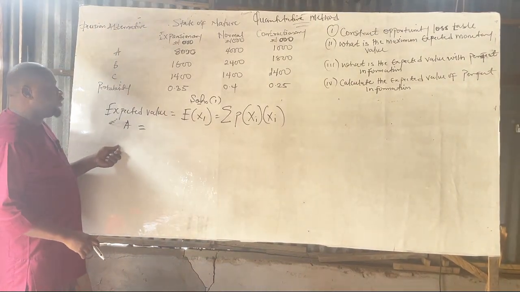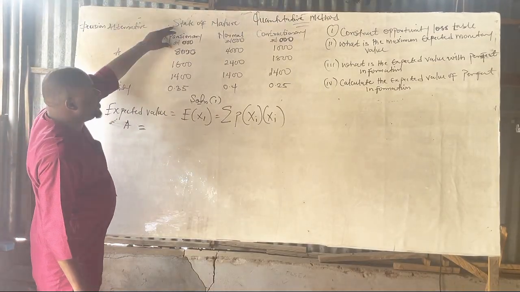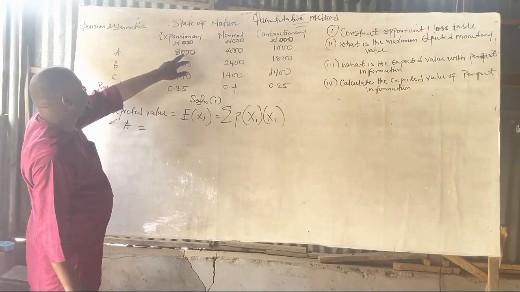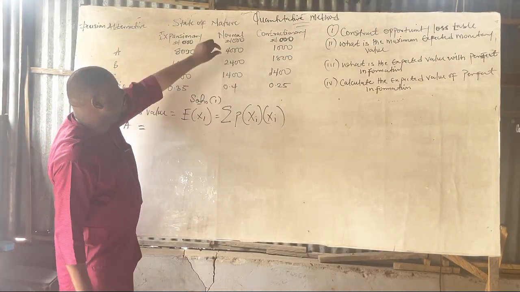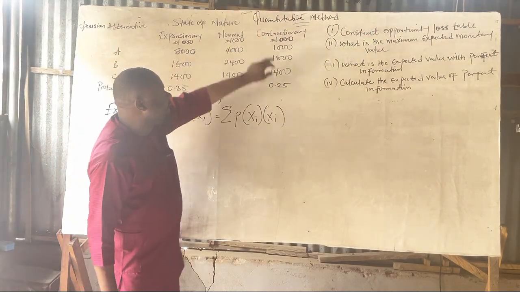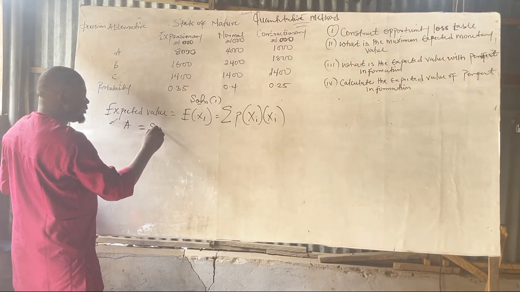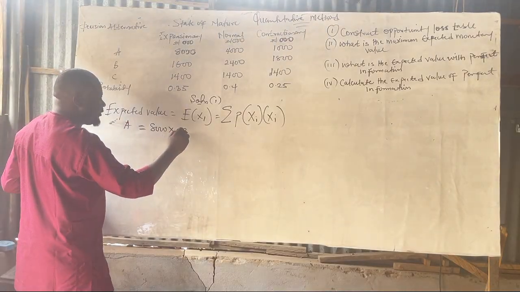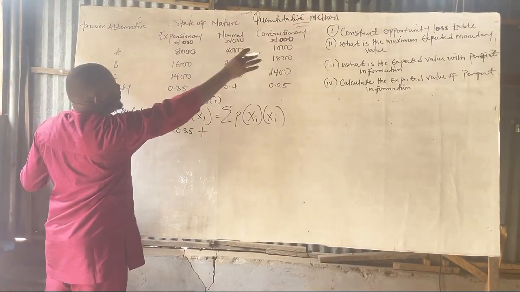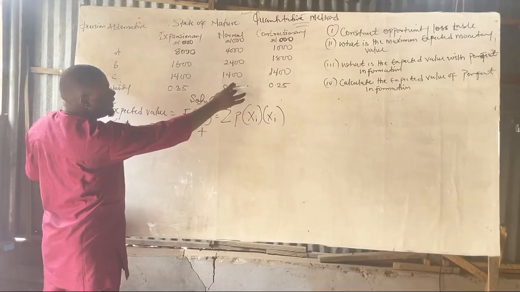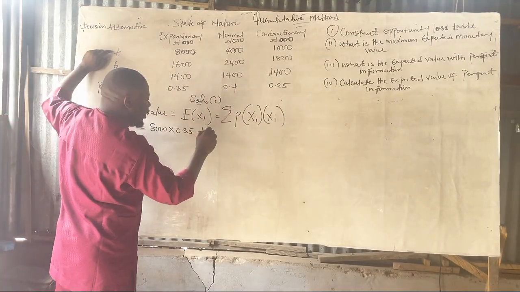Now what we are going to do is to use the probability here for expansionary to multiply the payoff of A. Use this to multiply the payoff of A on normal, and this for contractional. Now we have 8,000 times what's the probability here? Plus, because it's summation. Are you there? Plus, for the second state, what is the probability here, and what's the payoff? Still on security A. So that will be 4,000 times